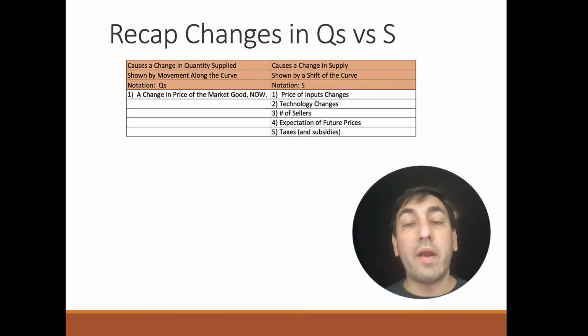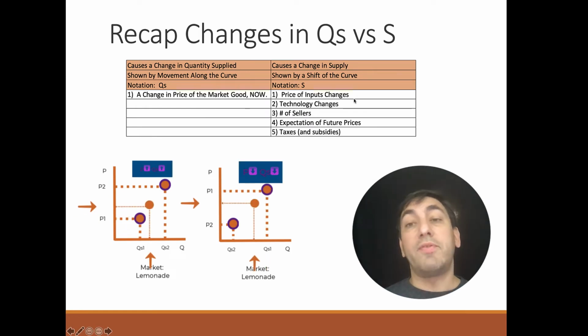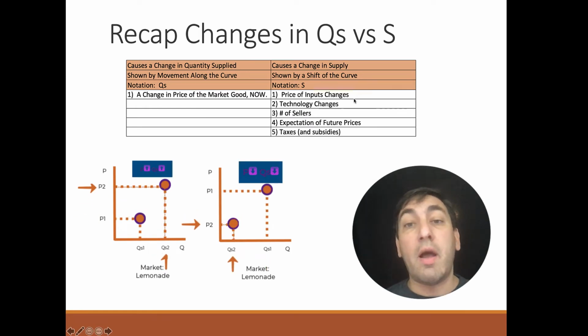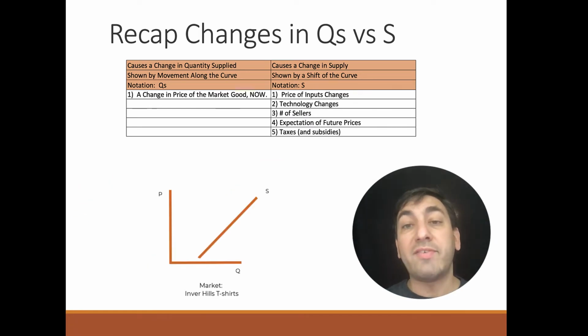When we talk about what can cause a change in quantity supplied versus what can cause the supply curve to shift, a change in quantity supplied can only be caused by a change in the price of the market good. Anything else from a supplier point of view will change your ability to produce, your production capability. So the example that we used was lemonade. If the price of inputs changed, not the price of the product, so if you're in the lemonade market and the price of lemonade changes, you're going to have a change in quantity supplied. But if the price of lemons or sugar or cups change, it's going to change your capacity and ability to